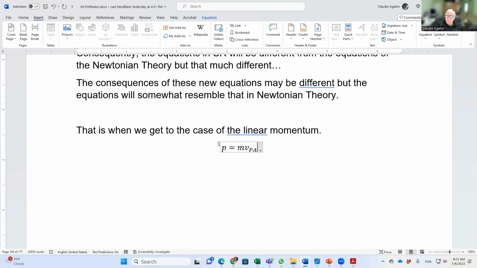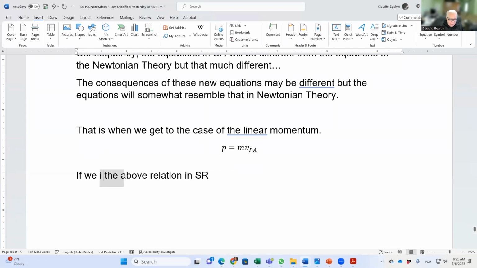If we apply the above relation in special relativity, if we investigate the above relation in special relativity,